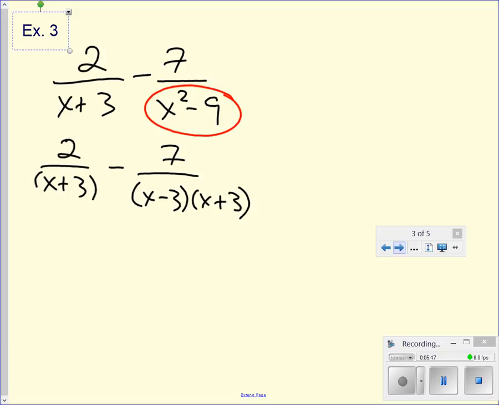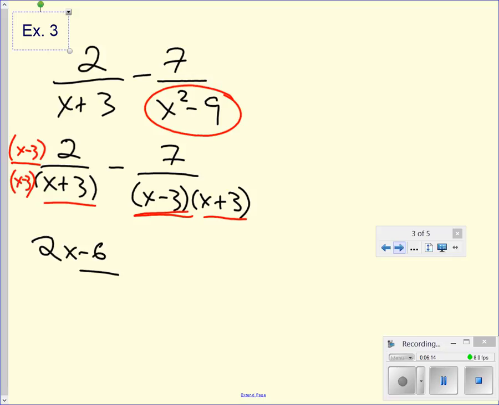If I look at this, I actually have x + 3 and x + 3. The only difference is this term, x - 3. So I actually don't have to do anything to my right side. All I have to do is multiply (x - 3) times (x - 3) on my left side. So that gives me